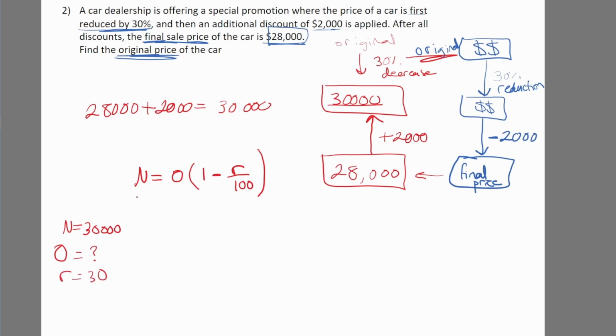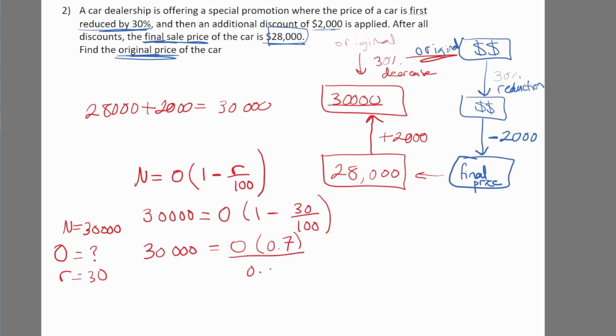Okay. So we're going to plug in. So this is 30,000 is equal to old multiplied by 1 minus 30 over 100. We will evaluate what's inside the bracket. 0.7. And then we're going to divide both sides by 0.7. So plug on your calculator, 30,000 divided by 0.7. So, of course, this cancels out. So the original price is